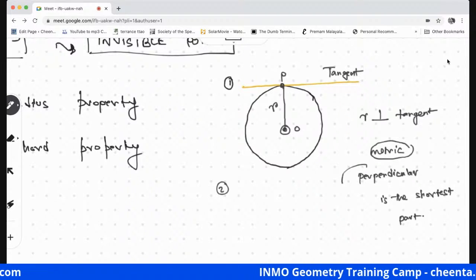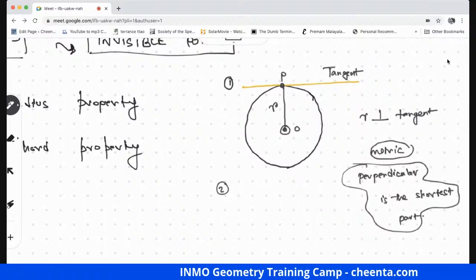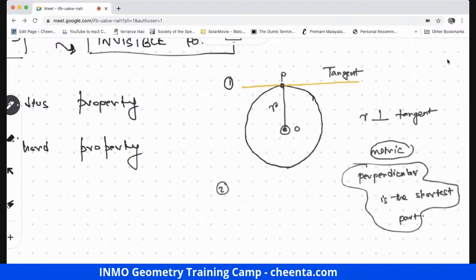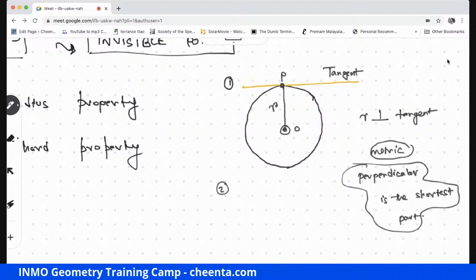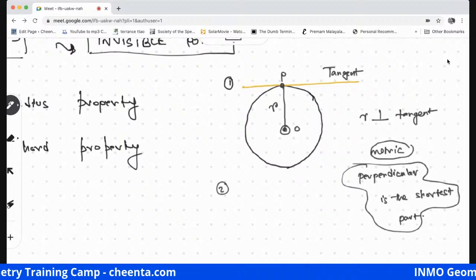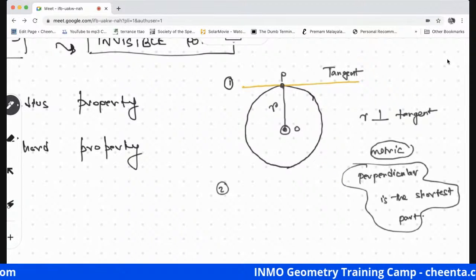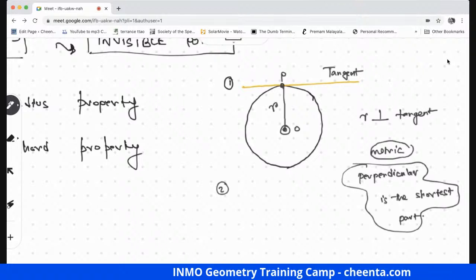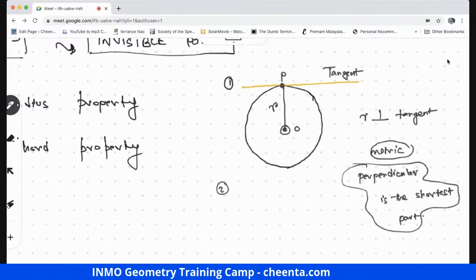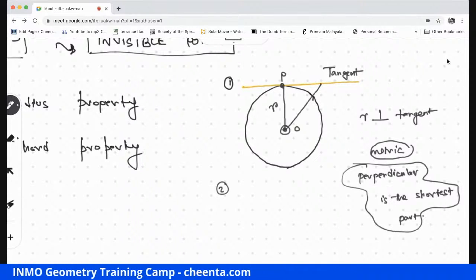This is usually not present in angle chasing geometry problems where you are just manipulating angles. Here we strongly use the notion that the perpendicular is the shortest path from a point to a line outside the point. And the proof relies on that because